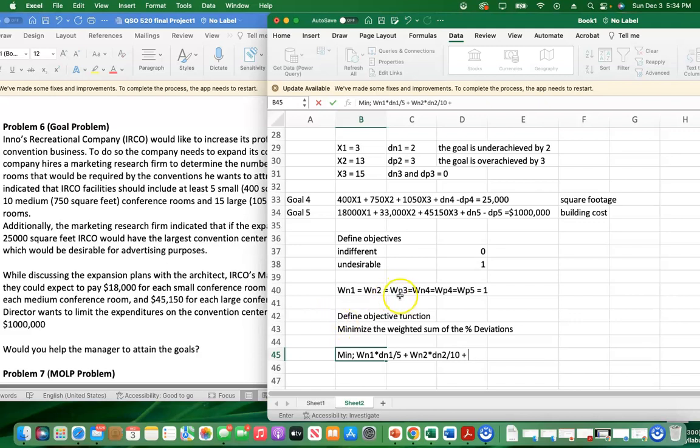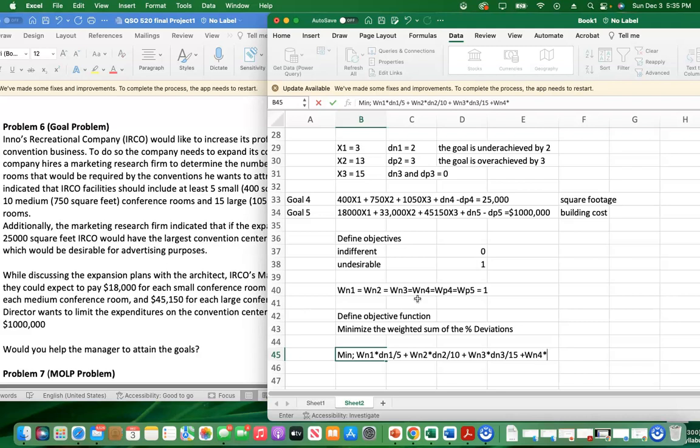then we're going to consider the weight for the deviation which is undesirable for goal number 3, and therefore it will be WN3 times the deviation for that goal number 3, which is DN3 divided by, so to get the percentage, we're going to divide by the 15, and then we're going to add this one for goal number 4, and so we have WN4